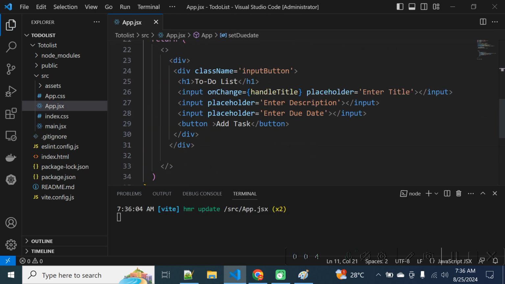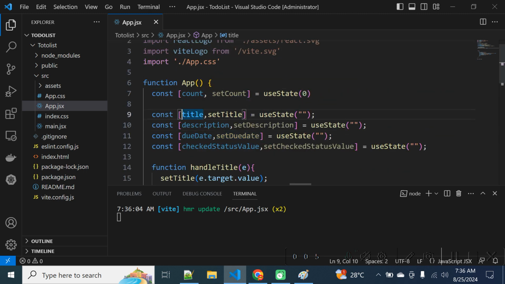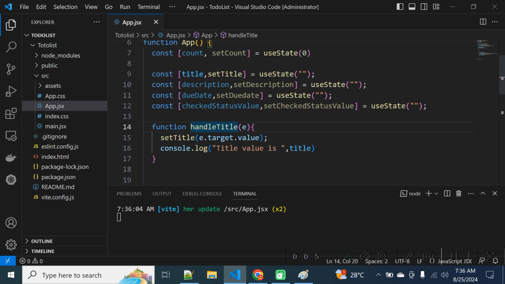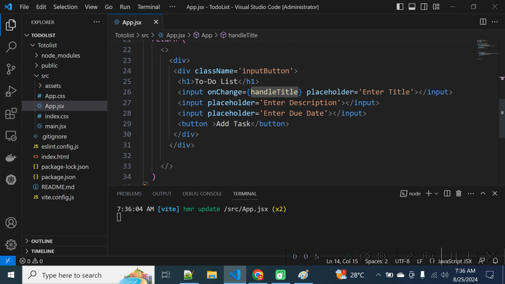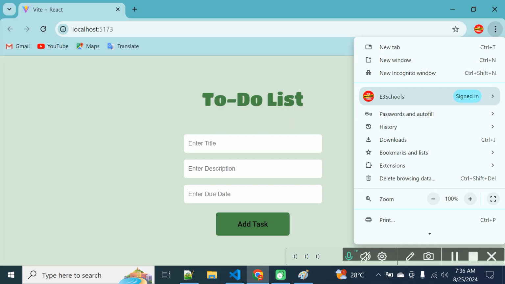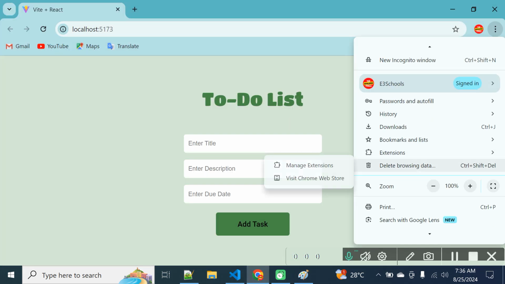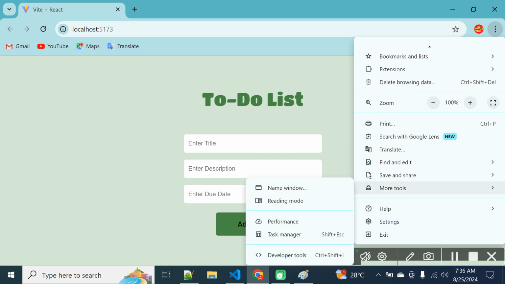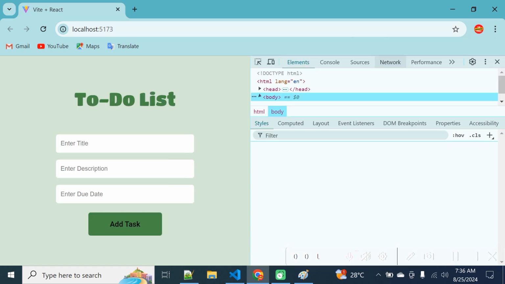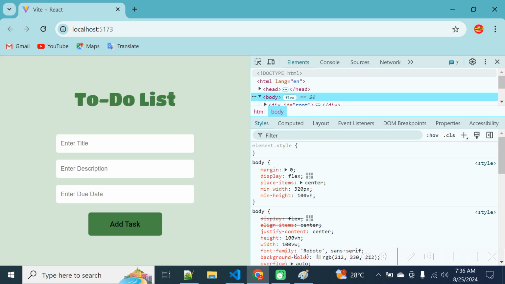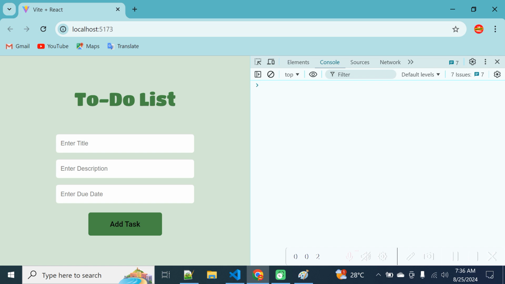So till now we have created a user interface with 3 fields and a button. Then we have created 4 state variables and created only one function for one state variable, and we have tied that function to that specific input box. Now we will see what output we are getting. We will have a console on the side to see the output. Right. Now I'm just trying to change the value. See,